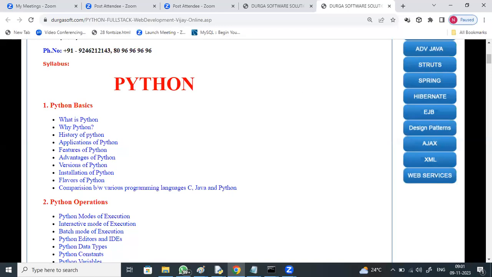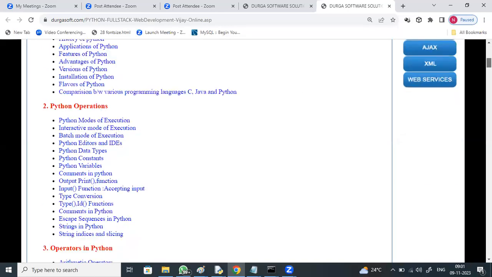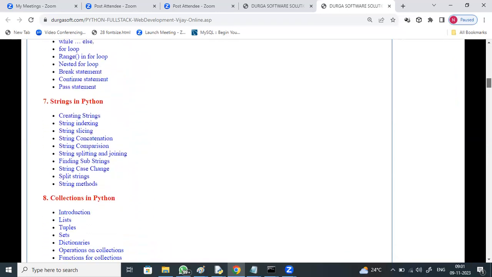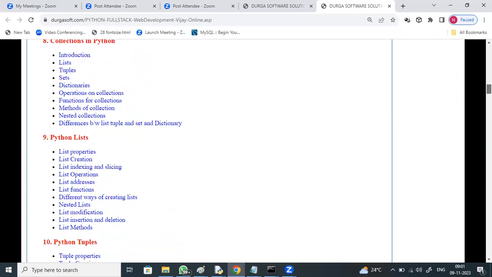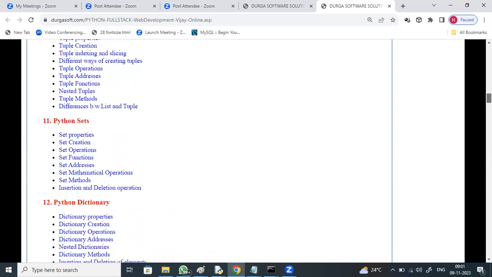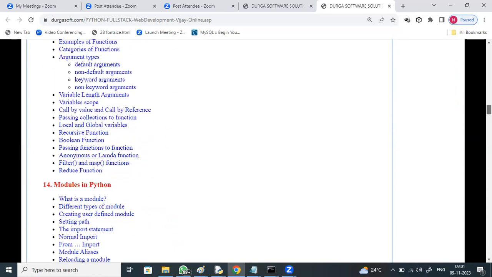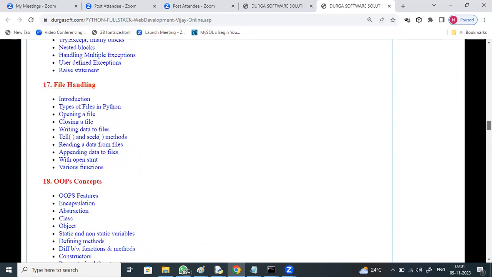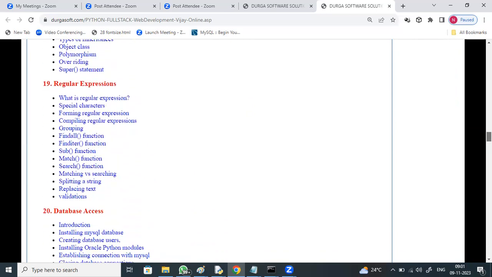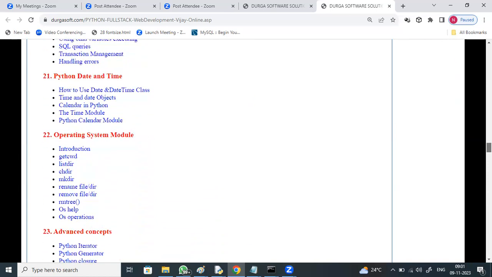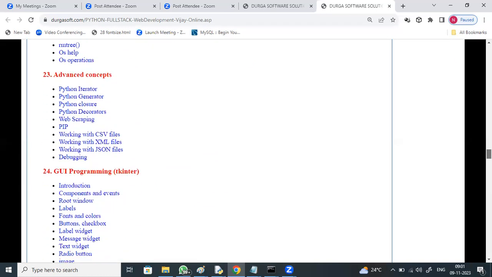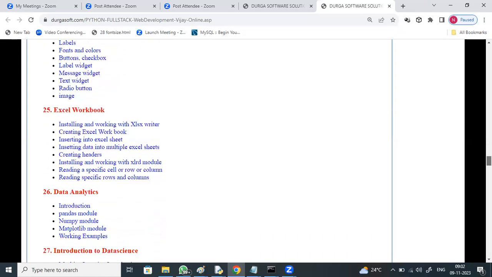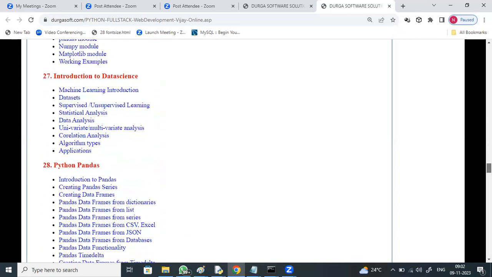Python basics, Python operations, operators in Python, IDs in Python, flow control statements, loopings, strings, collections, Python lists, Python tuples, sets, dictionaries, functions in Python, modules in Python, packages, errors and exceptions, file handling, object-oriented programming concepts, regular expressions, database access, Python date and time, operating system, advanced concepts, graphical GUI, Excel workbook, data analytics, introduction to data.